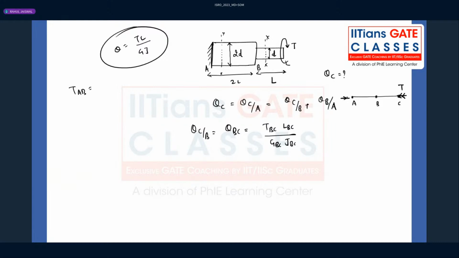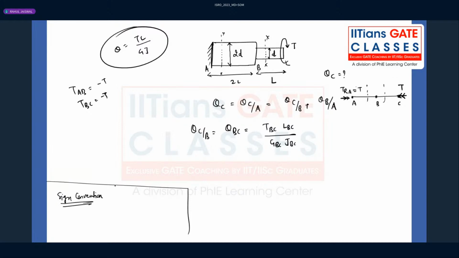And here you have the reaction torque at A. That is obviously equal to T. So in both the sections we have T. T AB will be minus T, T BC will be minus T. Why minus T? Because according to our standard sign conventions that we have followed in our classes,